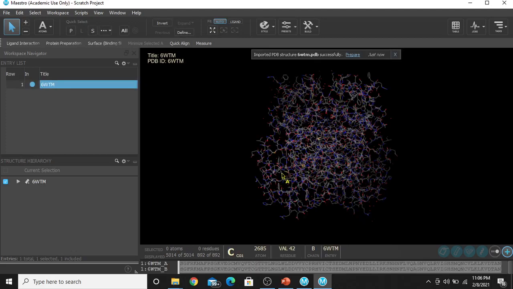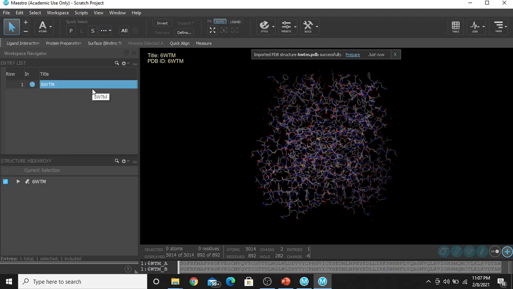Now this is your protein. Your protein appears here. Here are two types of selections, a circle and an entry selection. When you select the circle, that molecule will be shown in the workspace. This is the workspace. This is the entry selection. So if you want to do any option like saving, merging, splitting, etc., you should select this way. It should be more clear when there are many molecules.